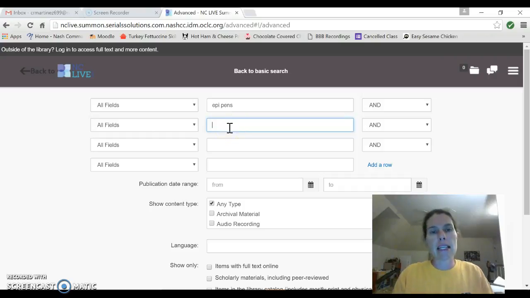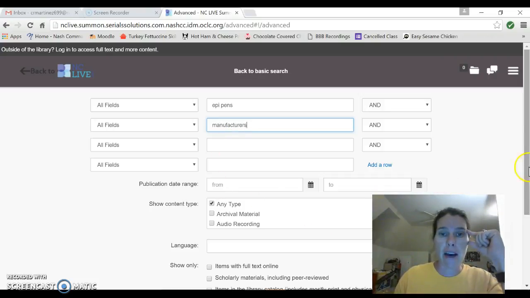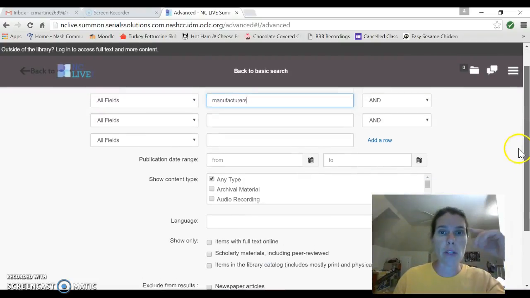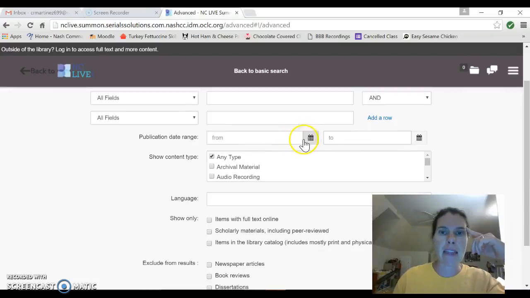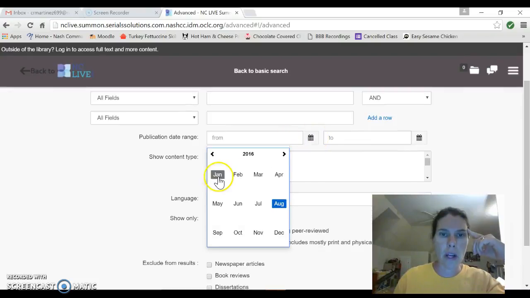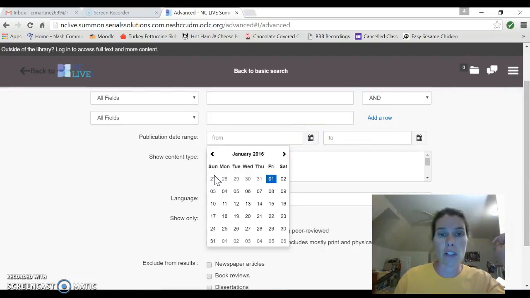And then let's see, EpiPens and manufacturers. That's a big deal. There's only one manufacturer, and they have a monopoly, and so they can charge what they want to. Let's say that I want to narrow my field, start from January